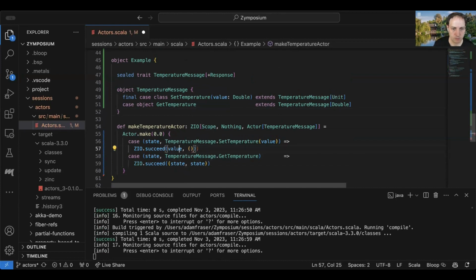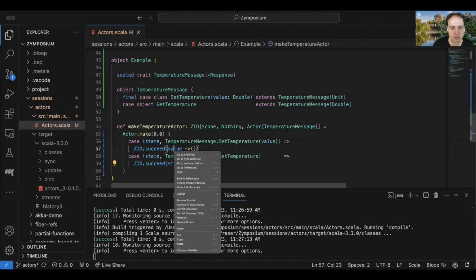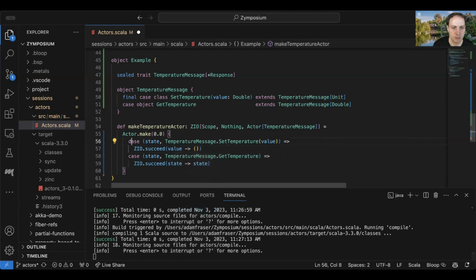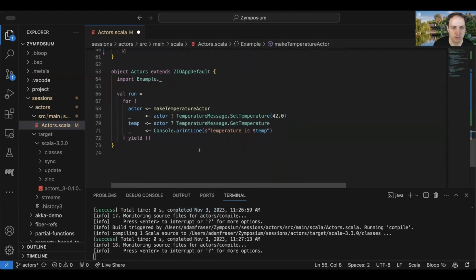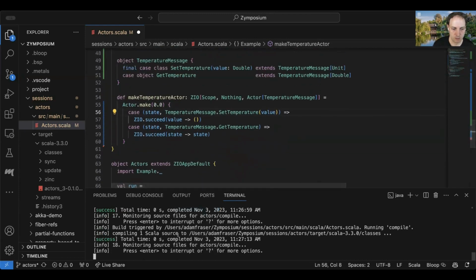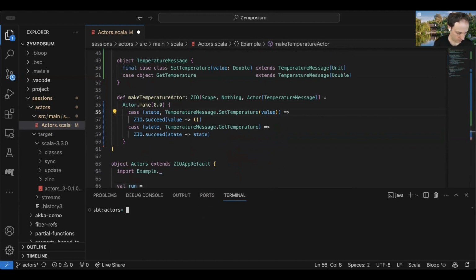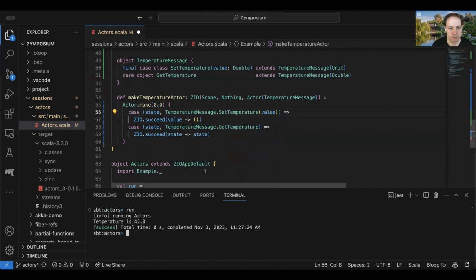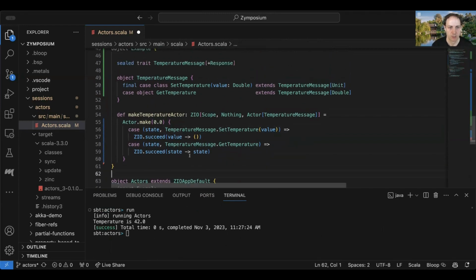And if we feel like this is more readable, decide whether we like it or not, we can use the little arrow thing instead of having the nested parentheses there. It's just a little stylistic thing. And there we go. So let's now try running our program again. And boom. So we've got the same behavior.